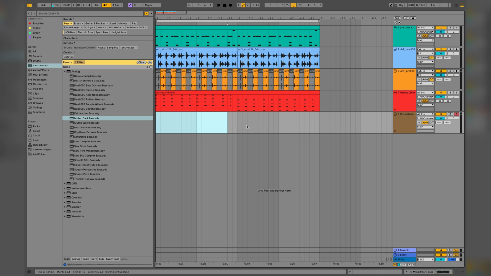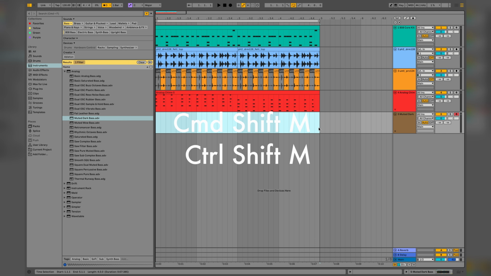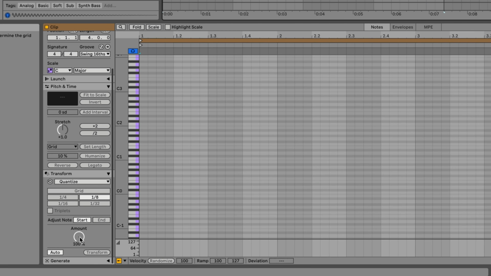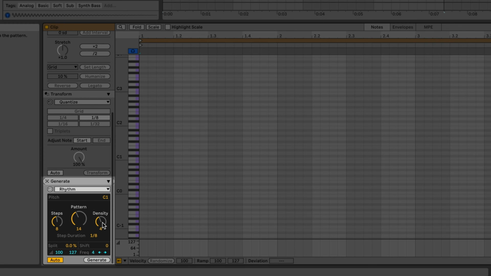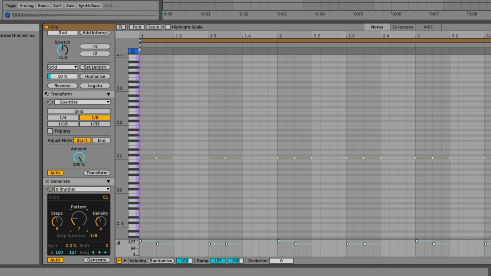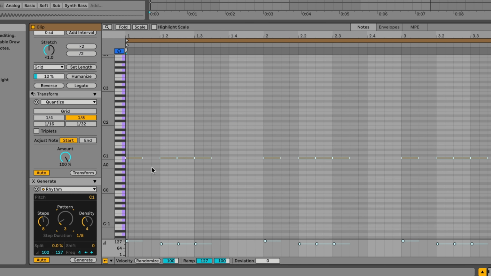And that totally works. But one other way that we can do this that I think is really fun is we can highlight this whole section and create a new MIDI clip by hitting Command-Shift-M or right-clicking to insert empty MIDI clip. And with Ableton, we actually have these generate tools, and I'm only going to show you just this one. And if I hit a different pattern, we get all of these different rhythmic patterns that are going to play a C. And so if I hit a rhythm that I like,